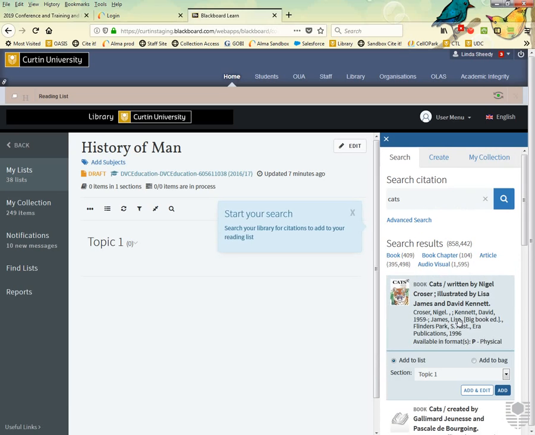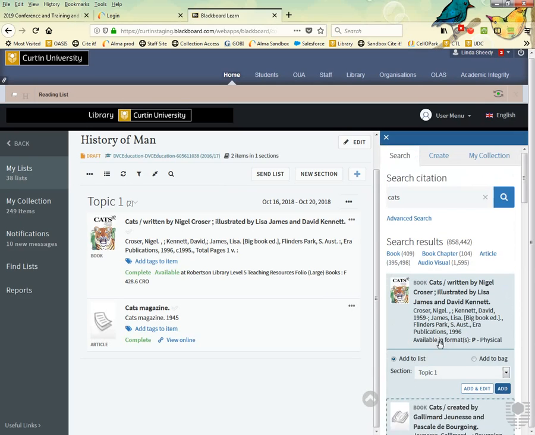You first click on it to select it, and then you can add it to the list, and you can also choose the right section for it to go in. You could put it in your bag. If you had lots of sections and you needed to put this towards the bottom, you might find using the bag more convenient. Or you can simply drag, add,